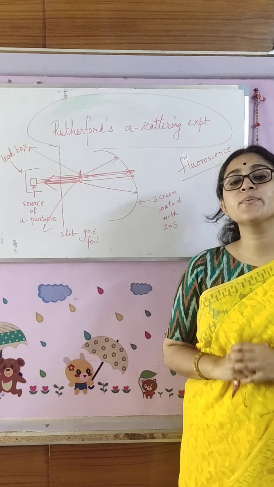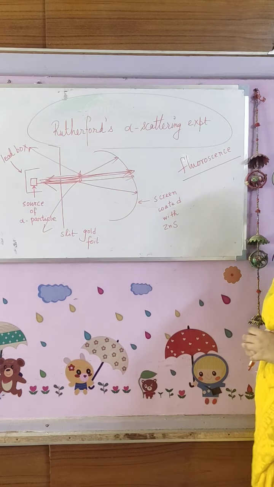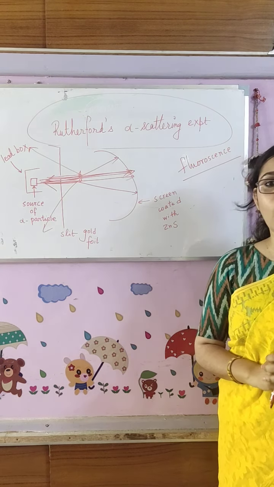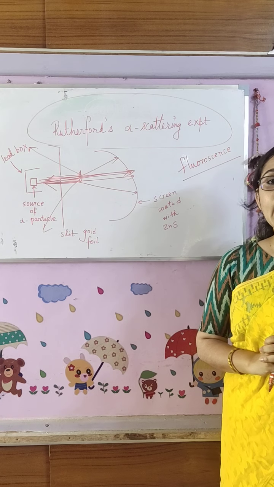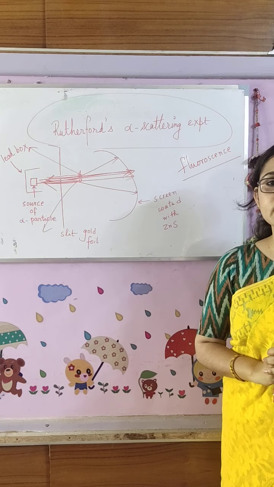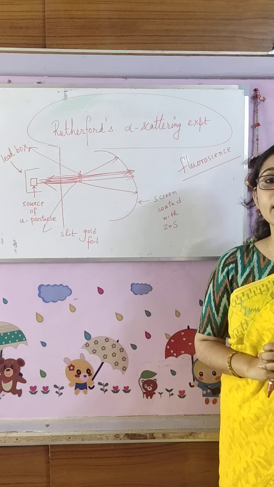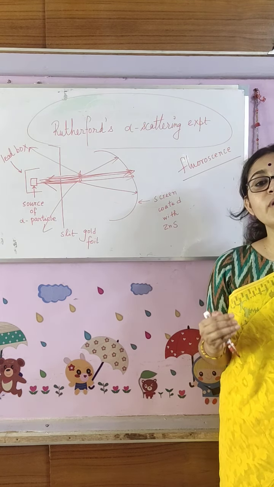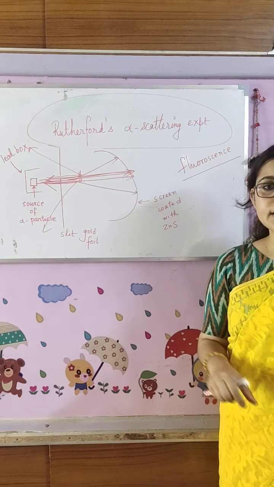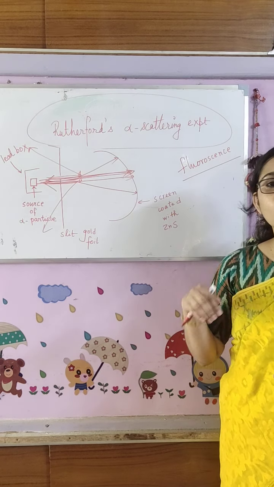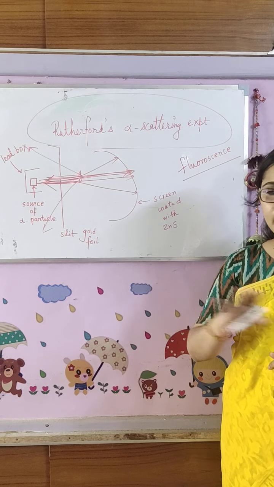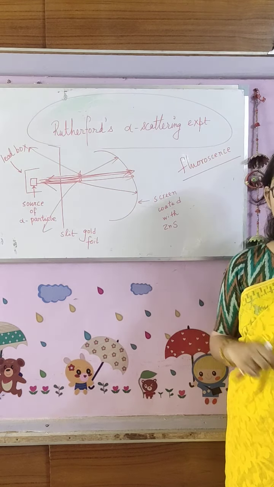So from these 3 observations, what can we tell? Number 1, we can tell that most of the part of an atom is empty or vacant, because 99% of the alpha particles went through the gold foil undeflected. We get a deflection only when there is an obstacle in the path. Suppose we are throwing a ball, it will go in a straight path when there is no obstacle faced in the path by the ball.